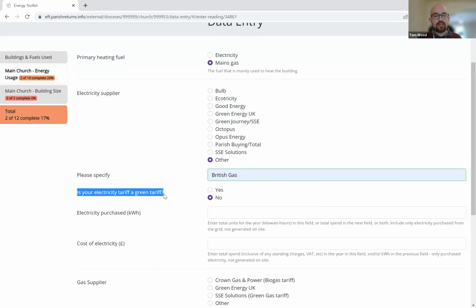We have this question, is your electricity tariff a green tariff? If you press yes, then we record that as a green tariff, and we use what you've ticked in this box to calculate whether that's